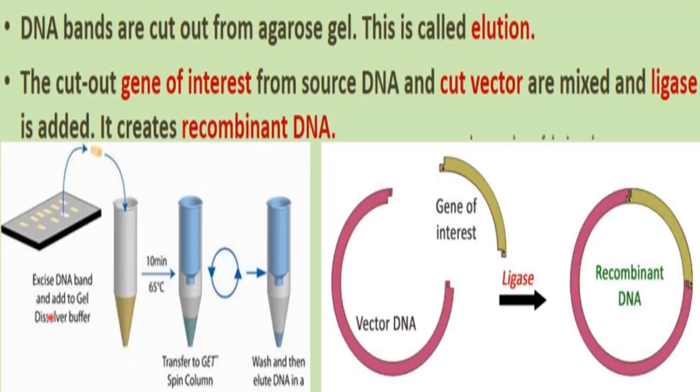So you can see here, first of all, what is this? This is agarose plate, right? So first of all, elution will be done. For elution, we need to cut the bands of DNA from here. And after that, you can see here, this is vector DNA and this is foreign piece of DNA. So both are mixed with ligase, and this ligase will work here, and you can see these sticky ends here, and these will be joined like this to make a recombinant DNA.